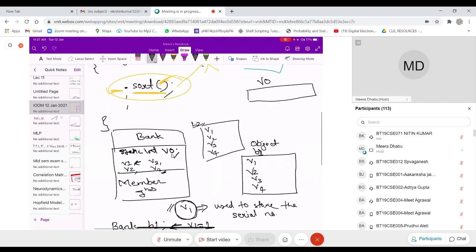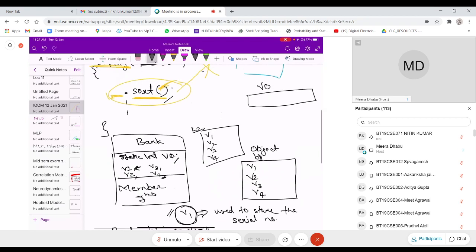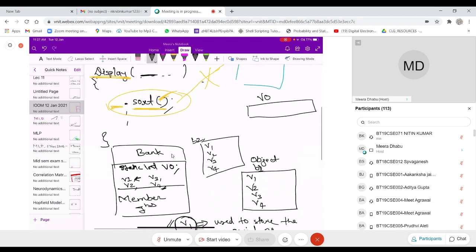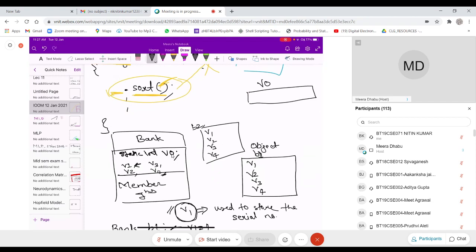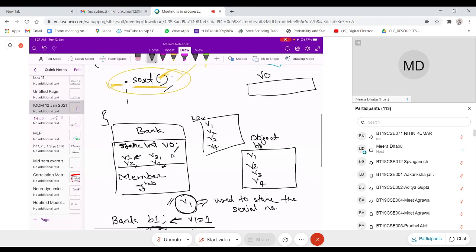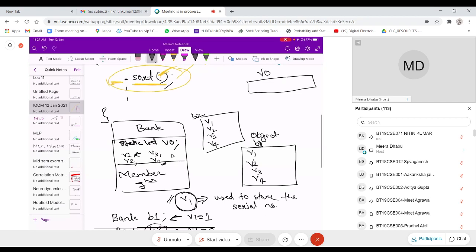Whenever the object B1 is created, it will increment the content of V0 by 1, and that incremented value will be assigned to V1. Whenever I create an object B2 after that, again the value of V0 will be incremented and copied into V1.